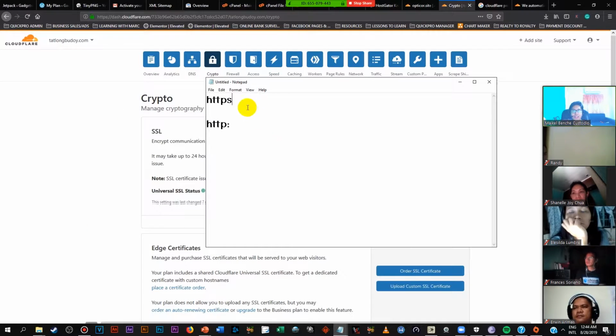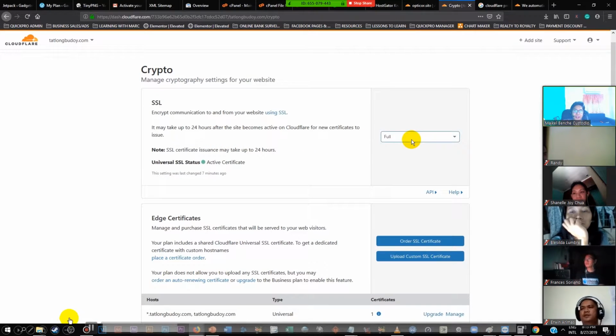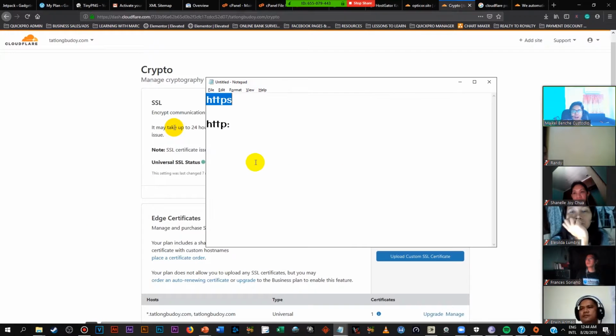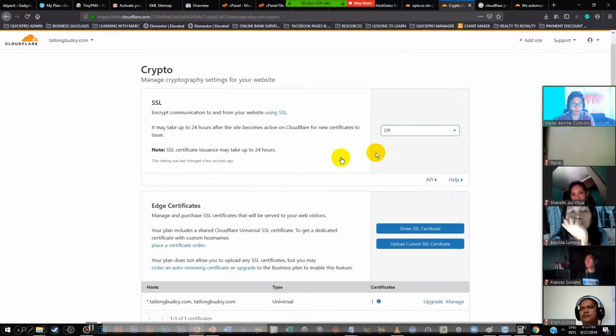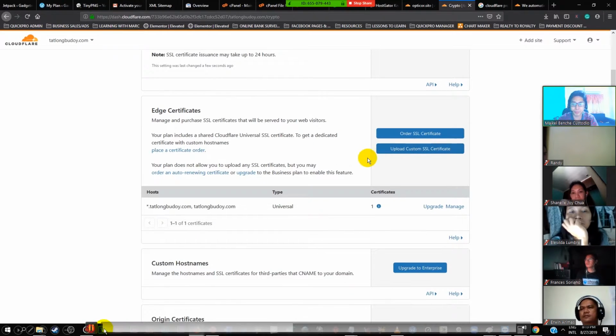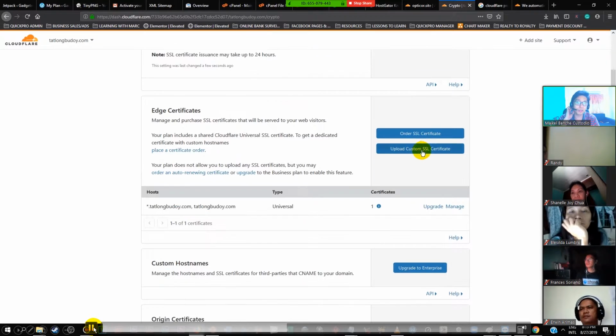If you have HTTPS, this is going to have to be turned off. You don't need security from Cloudflare. But let's say you are HTTP and you want free security, Cloudflare can take care of that for you. So just make sure it's set to off if you already have security, flexible or full if you don't.